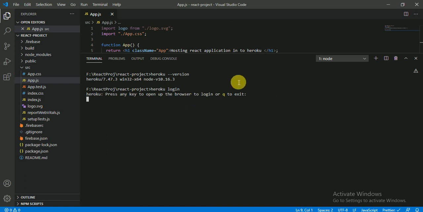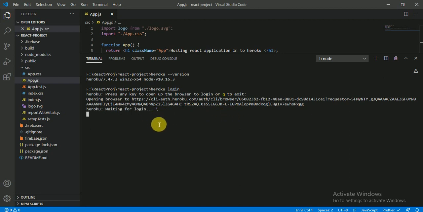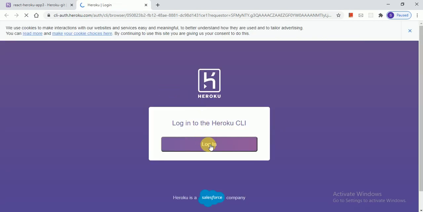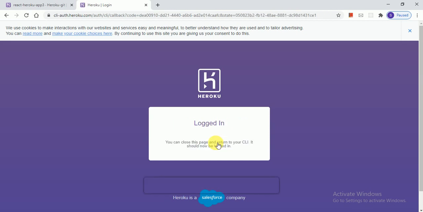It will navigate to the browser, and it will check the login. So you can click on login here.